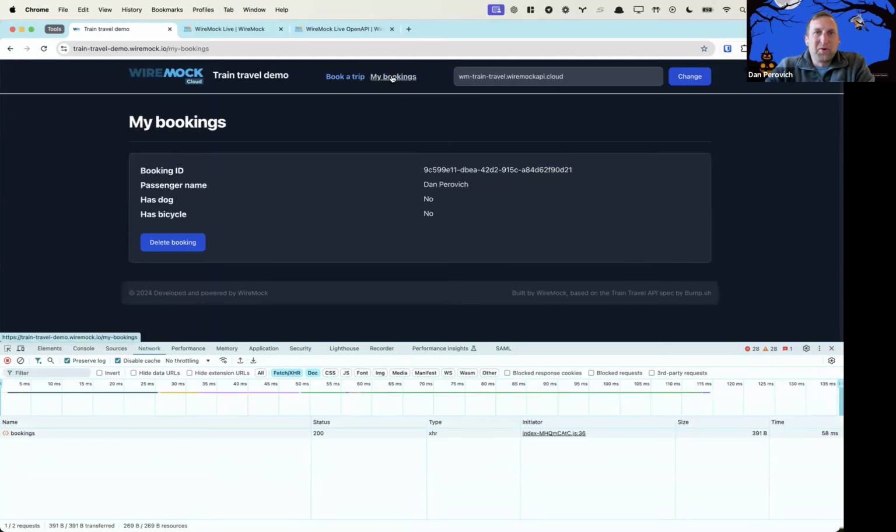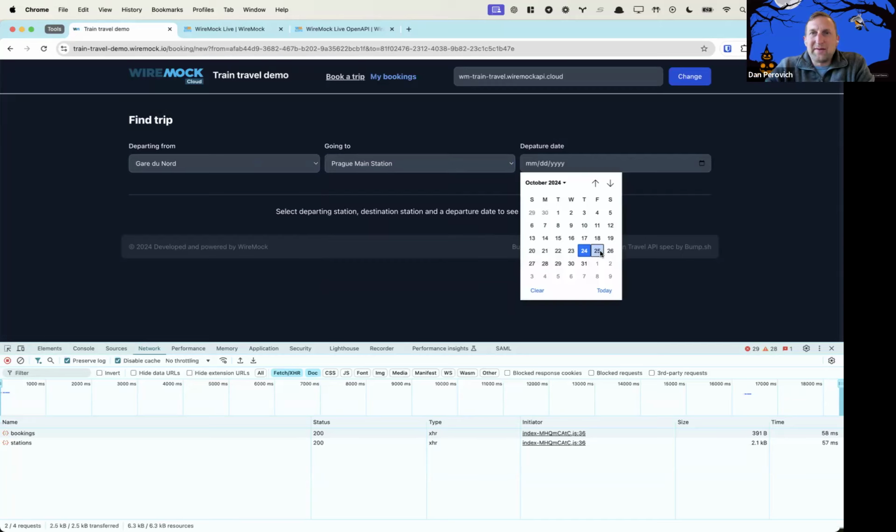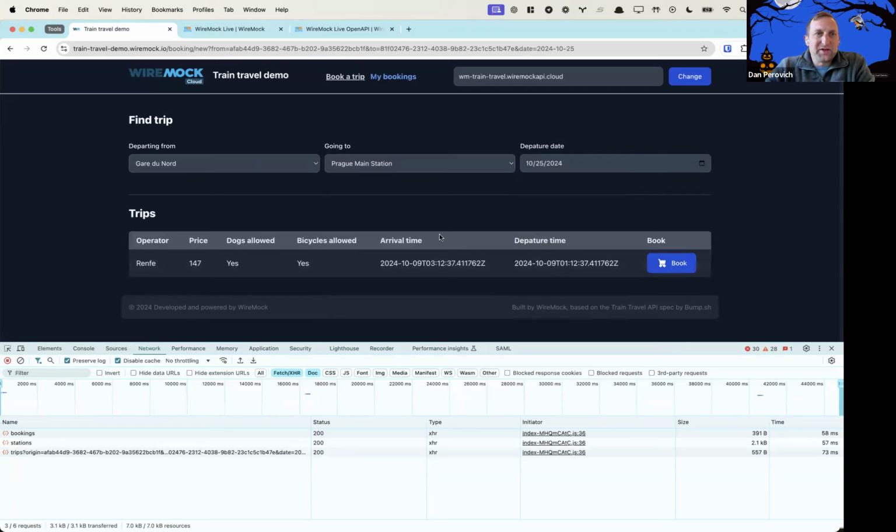So let's take a look at my bookings. We can see that I currently have a booking here, and we're seeing that traffic being recorded down below, an XHR type of request with a status code of 200. Let's make a few more examples here. So let's book a trip, and we'll see additional API calls being recorded in our dev tools down below. So I'll select, I'm not even trying to pronounce this city here. I apologize for that. And let's go ahead and also select the Prague main station, and we'll go and select a departure date, maybe of tomorrow. And we'll see our demo application goes and makes another API request to the bookings path on our endpoint and retrieves back